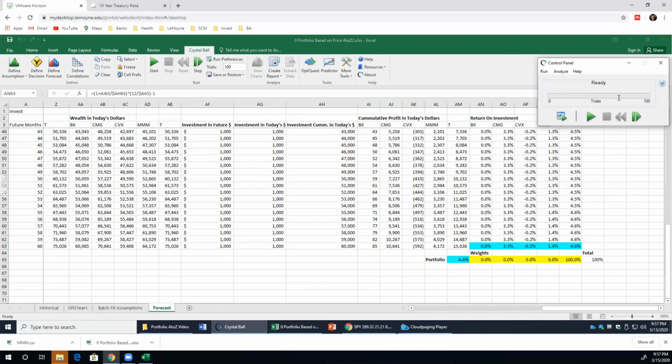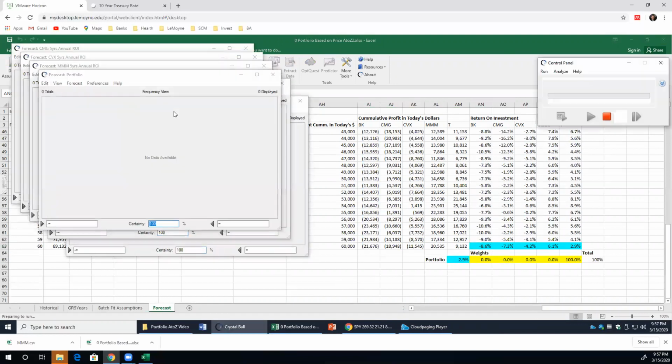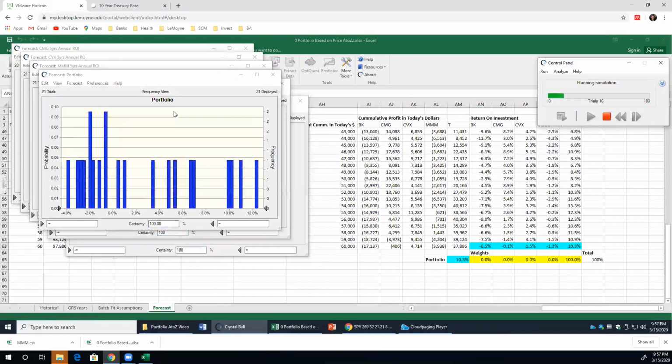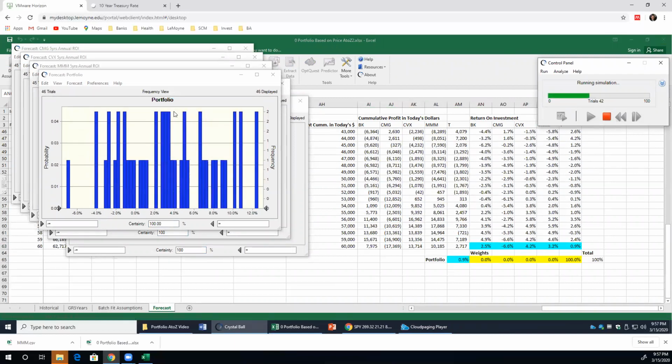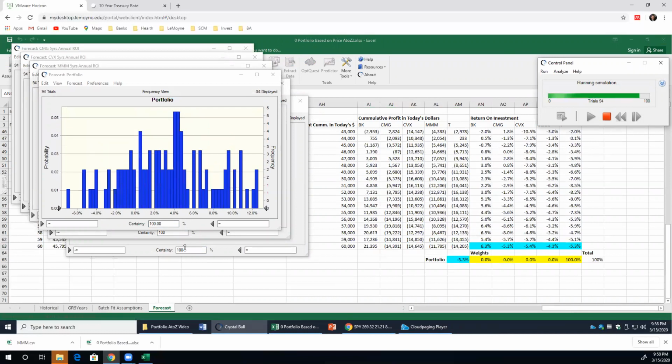All right. So what I would like to do is run this model. And I would like to show you one more thing. Instead of OptQuest run, I want to run the model directly. And I want to show you something here. So this portfolio, you can see that